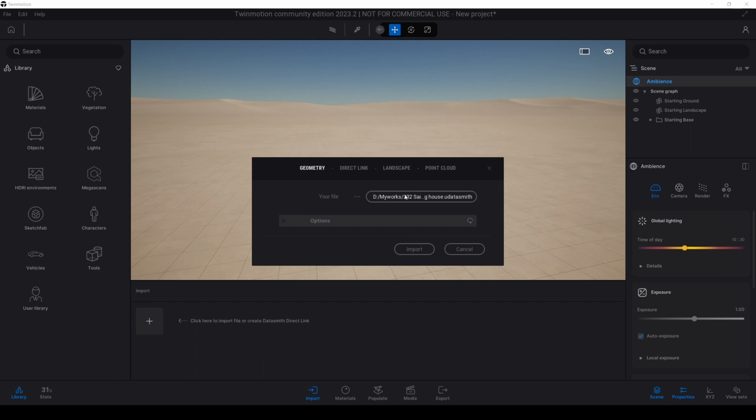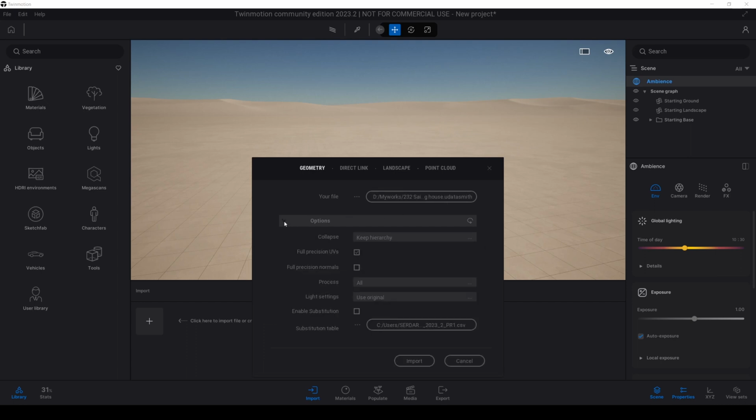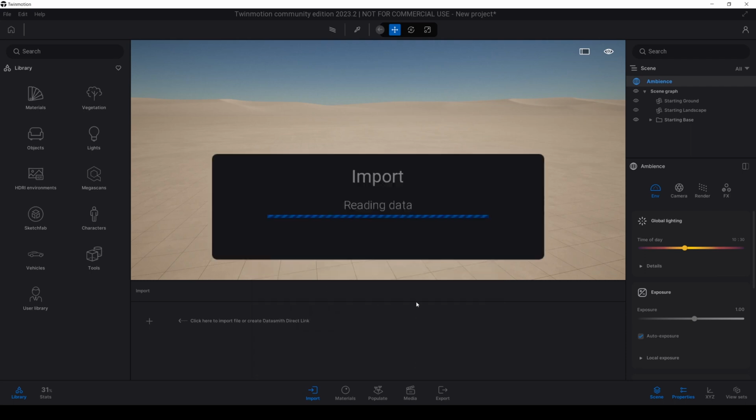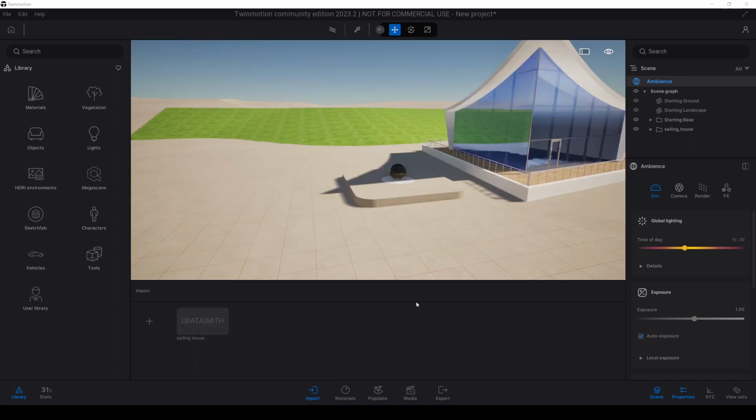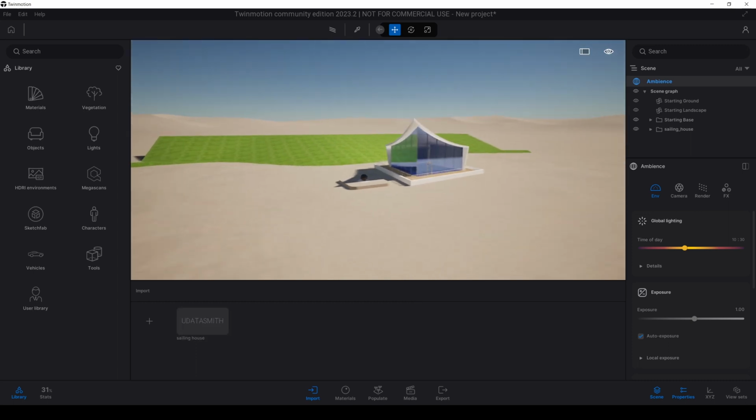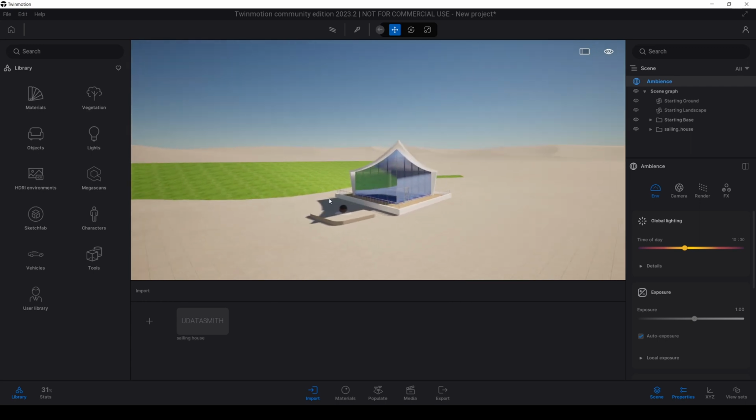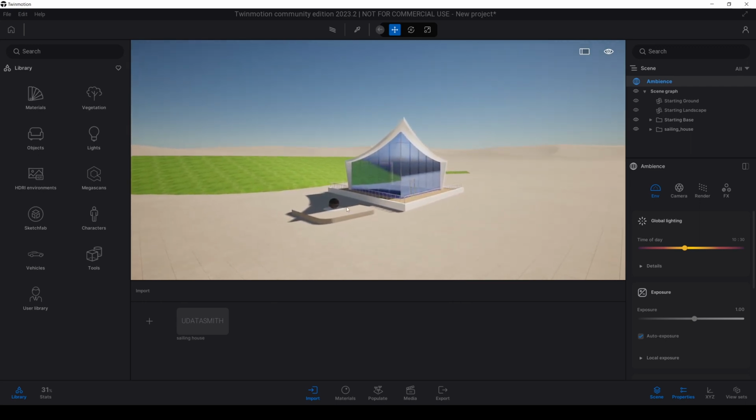I have located the file. After that I'll click this full precision UVs and full precision normals, then click import. There we have imported our model and we are in the new version of Twinmotion.